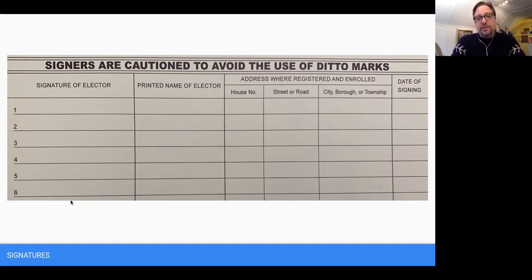One of the recommendations that the state party made is that you can call through everybody that you're going to be contacting who are Democrats, and you can get a list of Democrats in your municipality from the county courthouse, or if you are running for office, you can access that information through us, the county party, as well. You identify who those folks are first, and then maybe even make a couple of phone calls. If you're going to stay in your neighborhood, going around the block, maybe call them all first and ask if they're okay with you coming to the door to sign your petition.